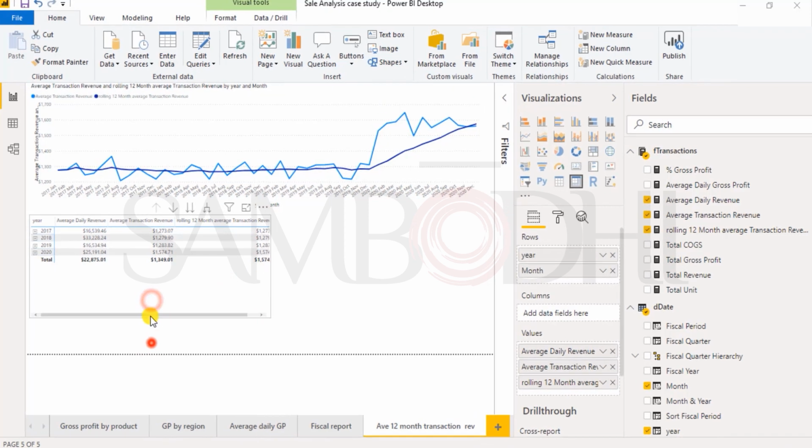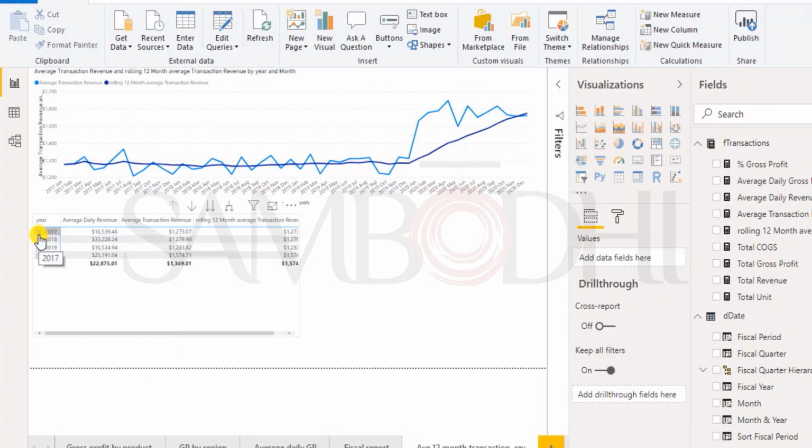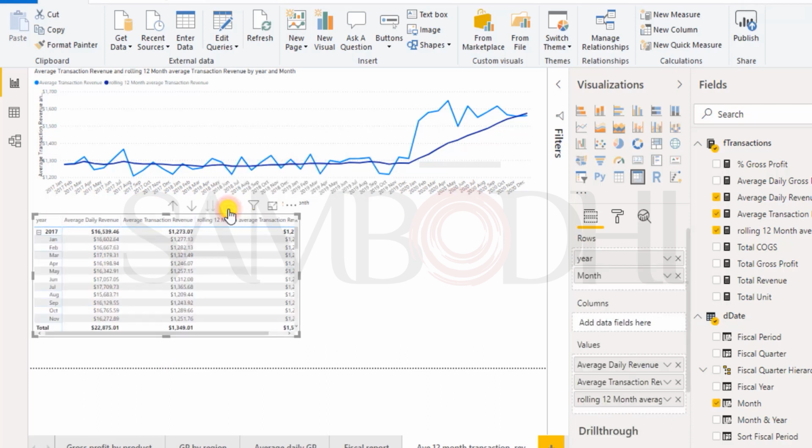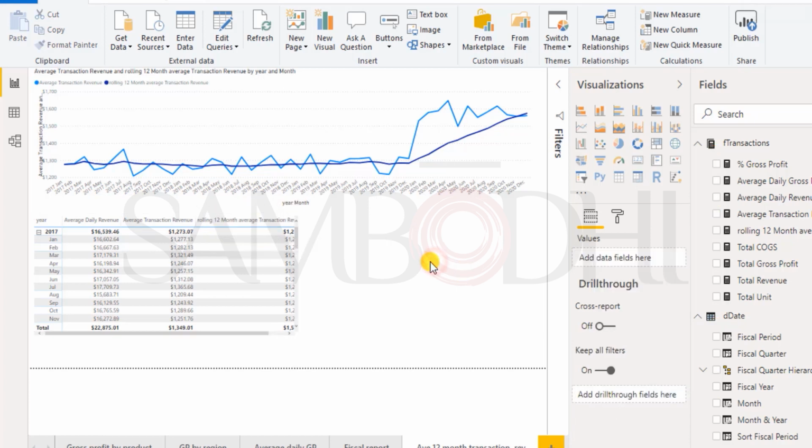Now I want to represent both year and month. For that I will select the table and click on expand. It will represent all the year wise, month wise data of average daily revenue, transaction revenue, and 12-month average transaction revenue. Let's add one slicer,